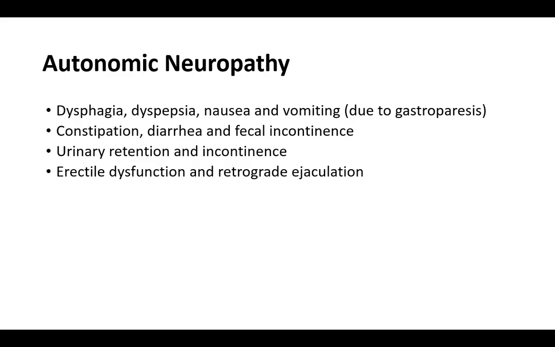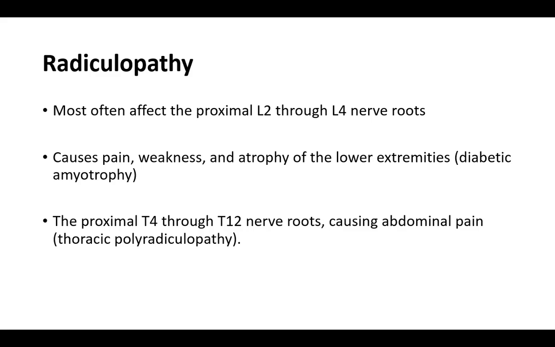Autonomic neuropathy can affect the GI tract and give you dysphagia, dyspepsia, nausea, constipation, diarrhea, urinary retention, incontinence, and erectile dysfunction. This is all because uncontrolled diabetes is affecting your autonomic system. Radiculopathy is what people call sciatica or back pain. If they have uncontrolled diabetes, that could be because of the damage